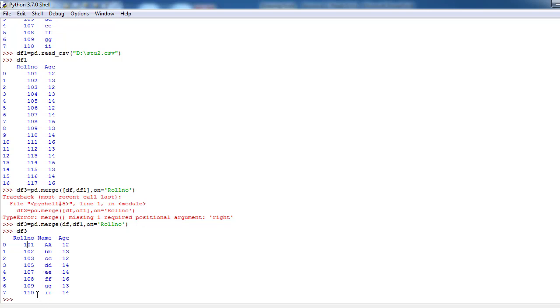Here the example: tf3 is equal to pd dot merge of tf comma tf1, on is equal to roll number, comma how is equal to left.